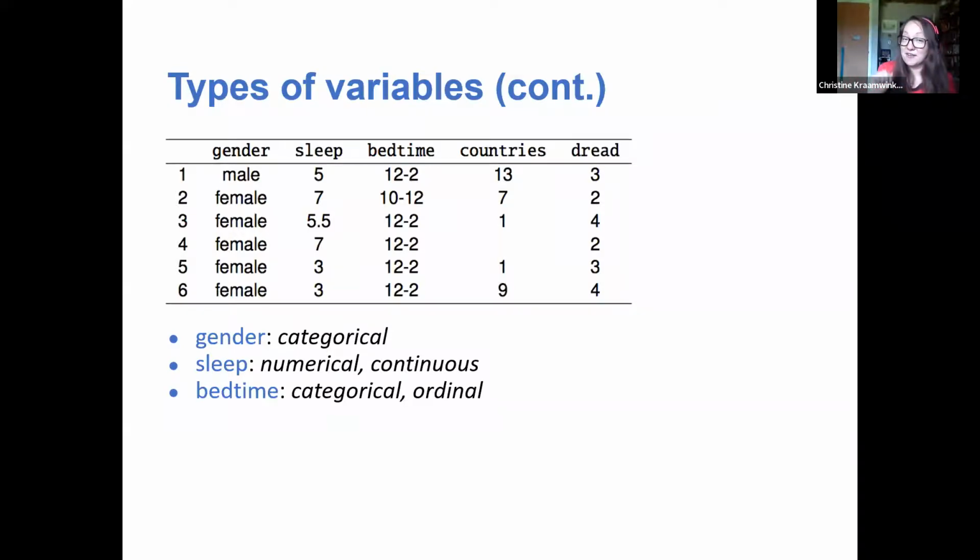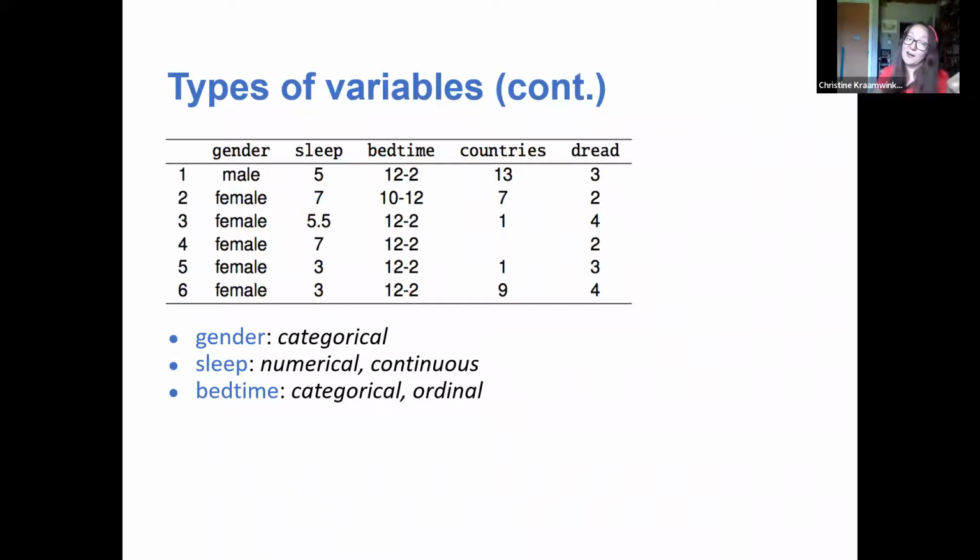It is categorical and it's ordinal. So it's actually not a time, this is one of the tricky ones, it is actually a label that we've given to a time of day. So if we do it in this way, it gives you an ordinal categorical variable, because it's just a label that we've given. You go to bed between 10 and 2 in the morning. It's not a number that you're going to do math with. Whereas if I'm saying the amount of sleep you get, the number of hours of sleep, that would be a numerical variable. So that's a tricky one.